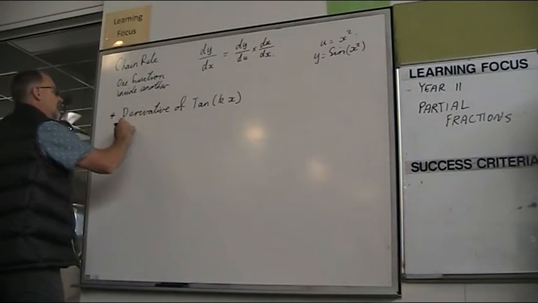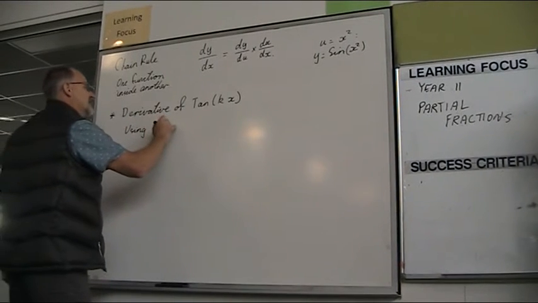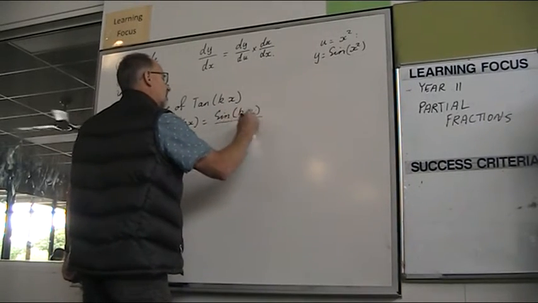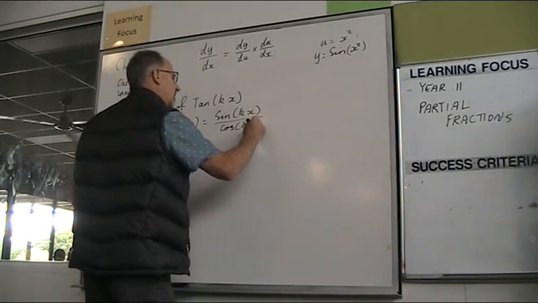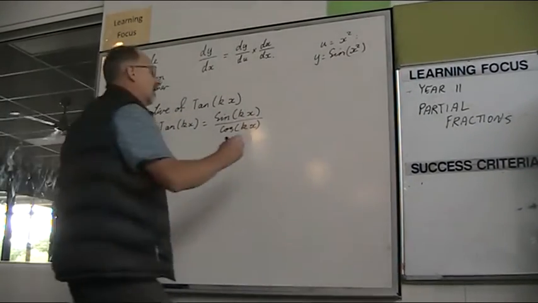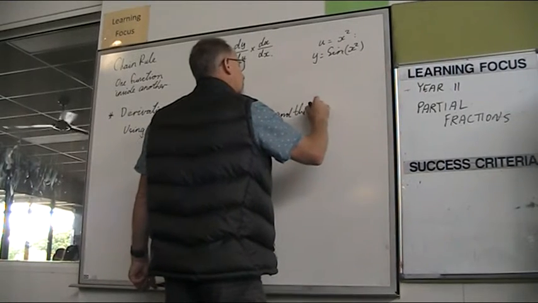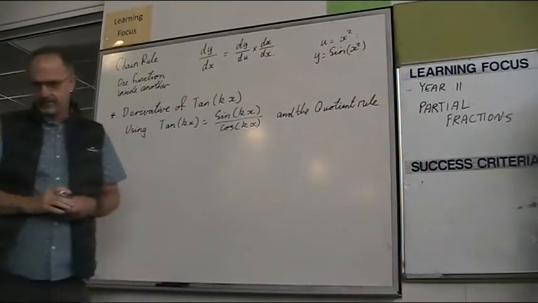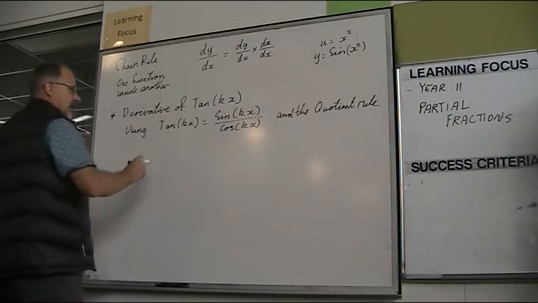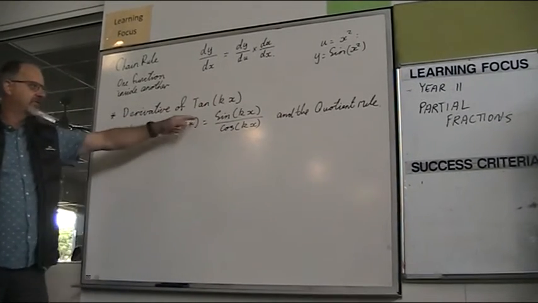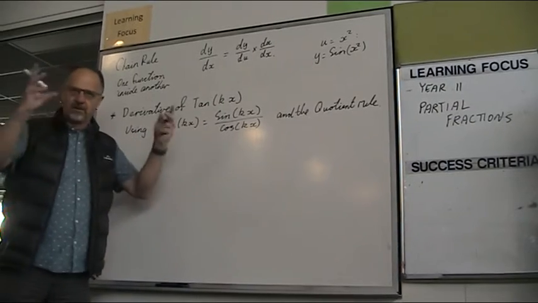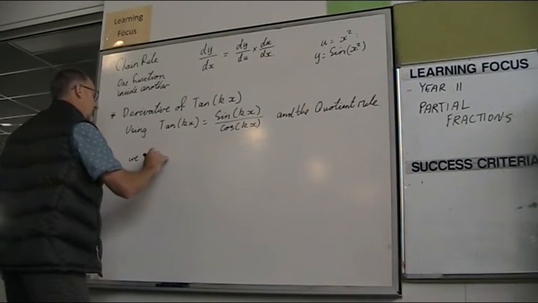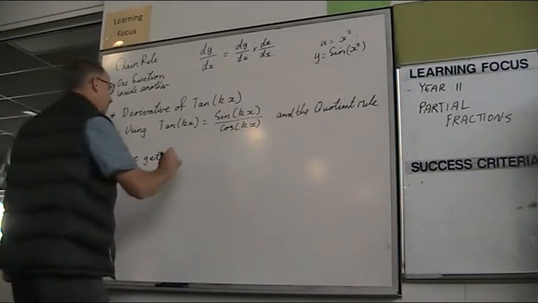So tan kx is equal to sine kx over cos kx, and then using the quotient rule, I'm not going to go through all the working out, but use U and V, use that rule, collect like terms, cancel what you can, etc. What you're going to get in the end is that the derivative